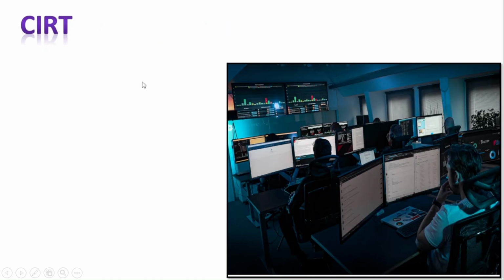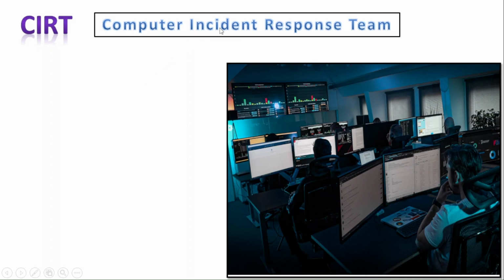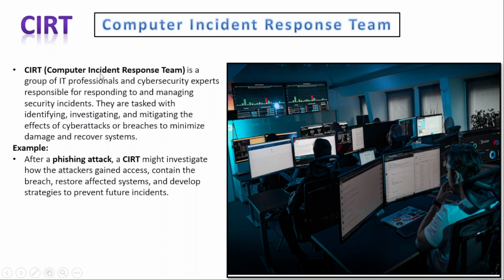CIRT, Computer Incident Response Team. So CIRT, that is Computer Incident Response Team, is a group of IT professionals and cybersecurity experts responsible for responding to and managing security incidents. They are tasked with identifying, investigating, and mitigating the effects of cyber attacks or breaches to minimize damage and recover